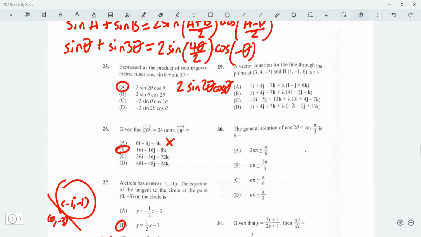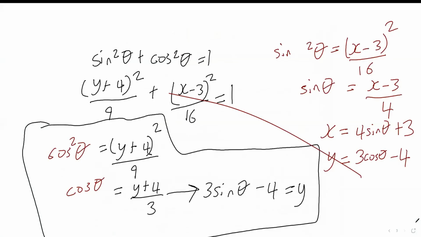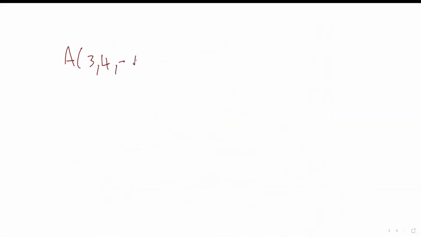Okay, question 29. It says a vector equation of the line through A and B is, so vector equation of the line. Go do that on the whiteboard. All right, doing it on the whiteboard gives us a little more space. So A has the point 3, 4, minus 7. And B has the point